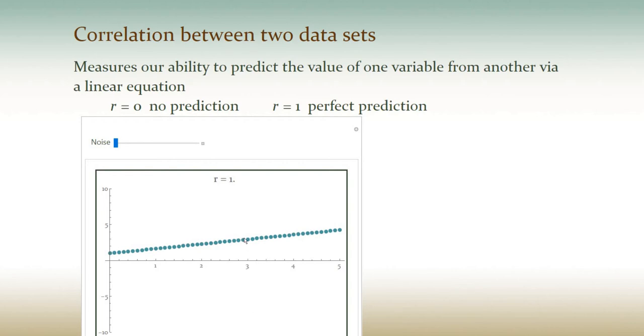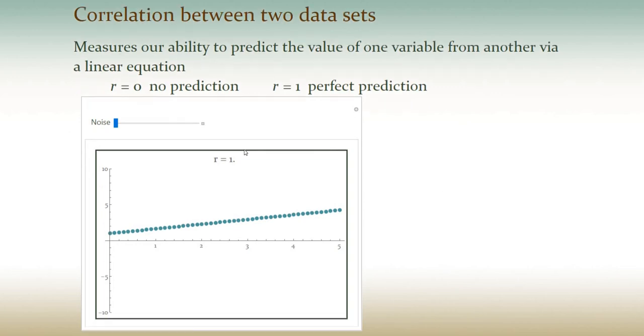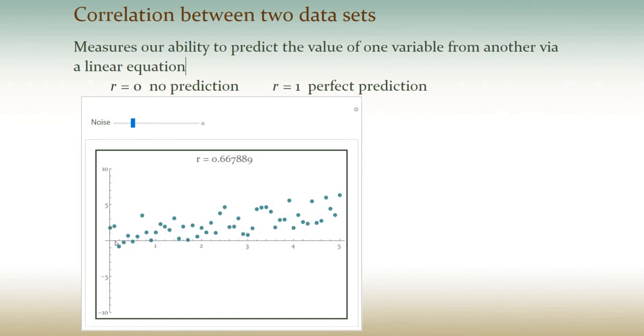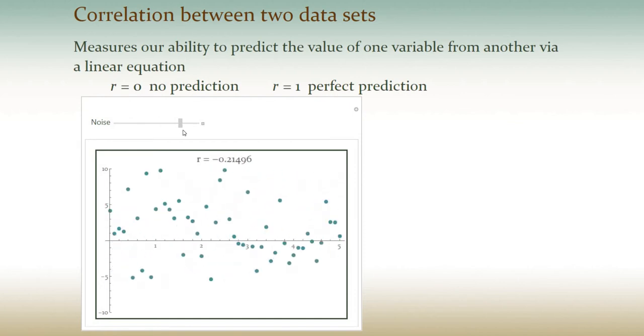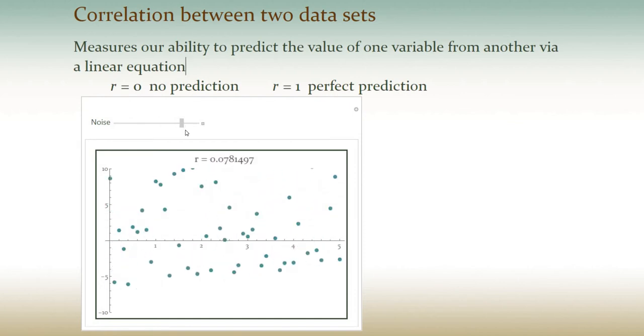You tell me the value of X and I'll tell you the value of Y. But as we introduce noise, or randomness, into this model, we are losing the ability to predict. There's still a general tendency here, but I have a little less ability to predict, and that's reflected in a lower correlation coefficient, 0.66. As I continue to add randomness, the correlation coefficient crashes,